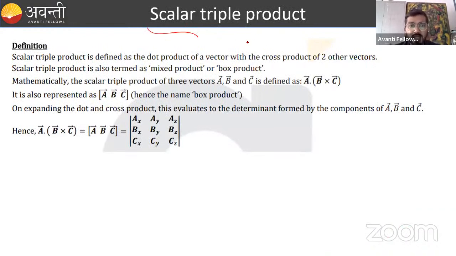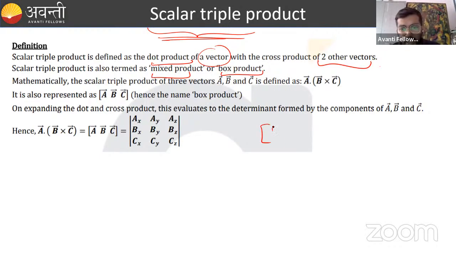Now our topic is scalar triple product. This is the beginning of the session. Scalar triple product is defined as the dot product of a vector with the cross product of two other vectors, right? There are two names, mixed product or box product. Whenever you write three vectors A bar, B bar, C bar in a box,